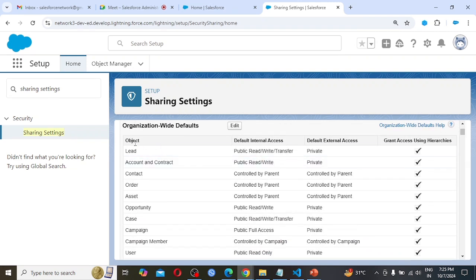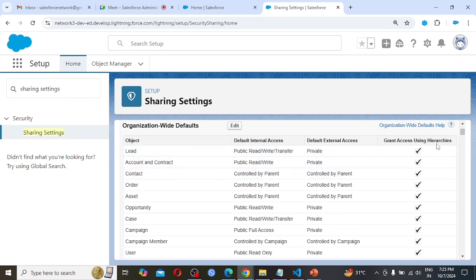So in this we are seeing object. So these are all objects including standard objects and custom objects. Default internal access: this setting we are going to change so many times. Default external access: this we are going to change rarely.